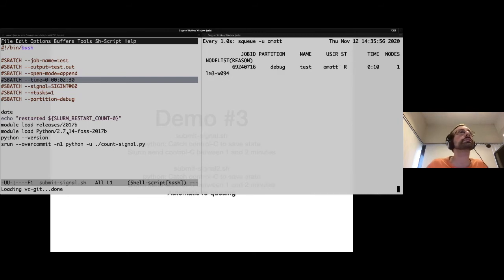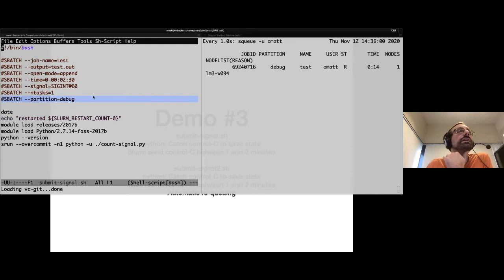So you see it's already running, so that's good. I'm submitting on the debug partitions. It just said that it's typically quicker to start to run on the debug partitions. And otherwise, it's exactly what I said before in a srun command. The -u here is just to try to avoid buffering again, and then this is the same program as before. So the output will be in test.out.